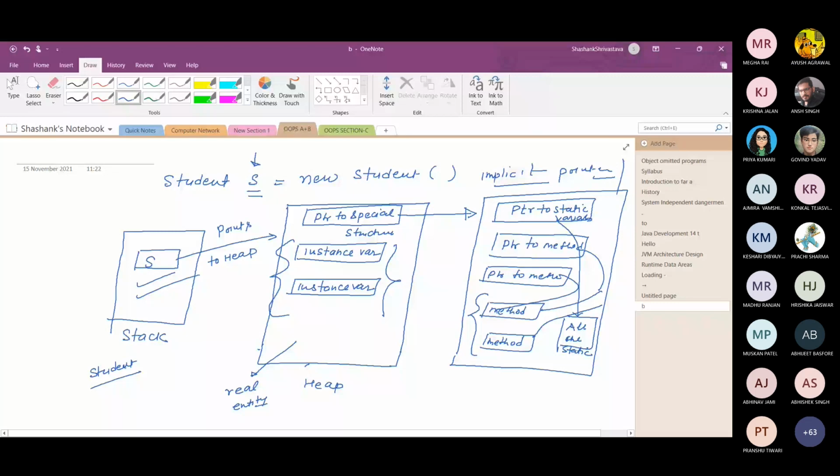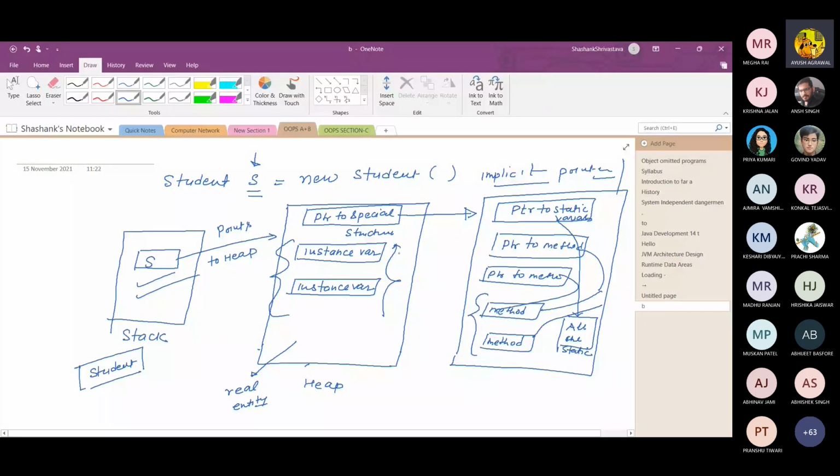Now Sir, is the object created in stack or heap? It should be created in heap, I guess. Yes, definitely, the object is created in heap. Actually, the object is created in heap means the object has certain properties and certain behavior. Properties means certain variables like age and name.